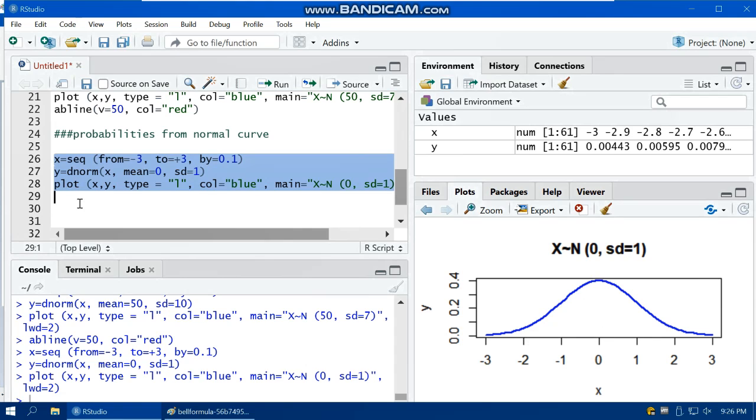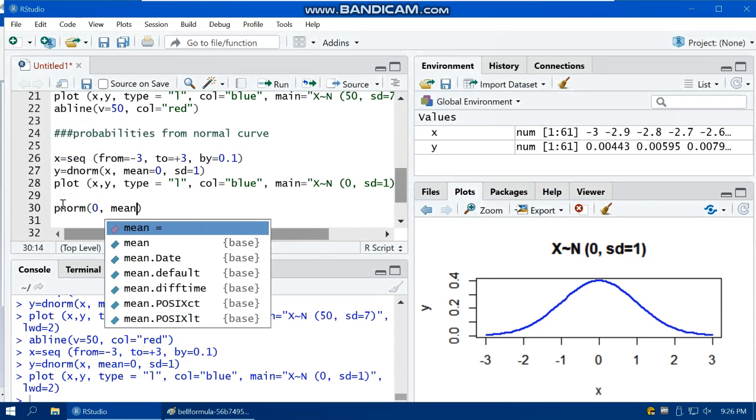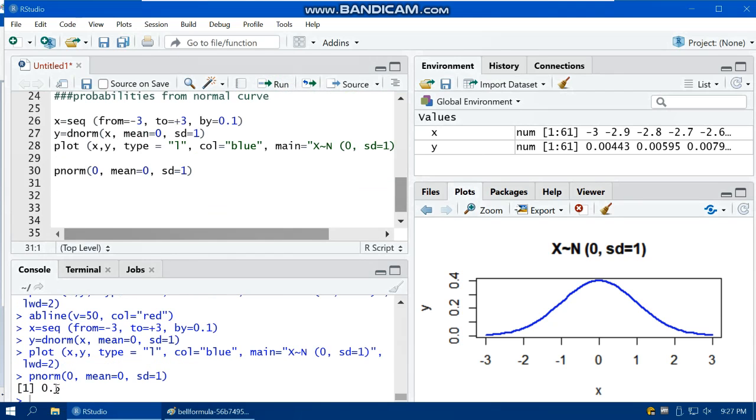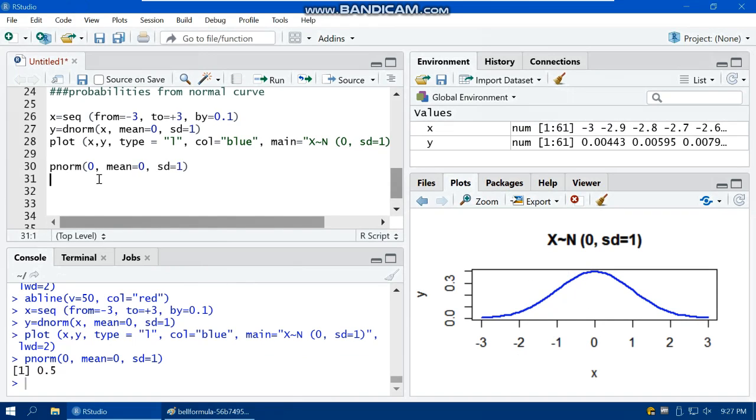Okay, so we use the pnorm command. It's very simple. So pnorm, and what value? 0, and the mean is 0, and standard deviation is 1. Okay, and you can see the result is half, right? So the probability that a value is less than 0 is half, which we already know because the entire thing is 1, and this is a symmetric curve, so here will be half and here will be half,